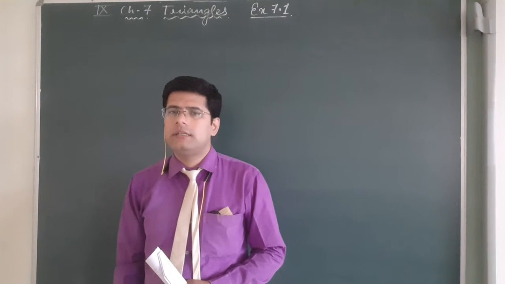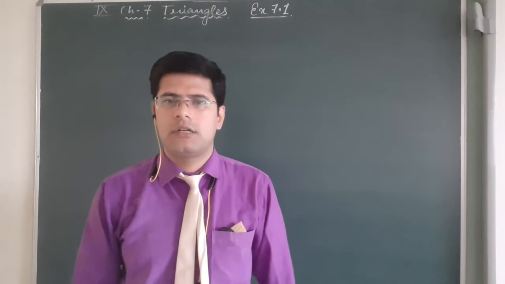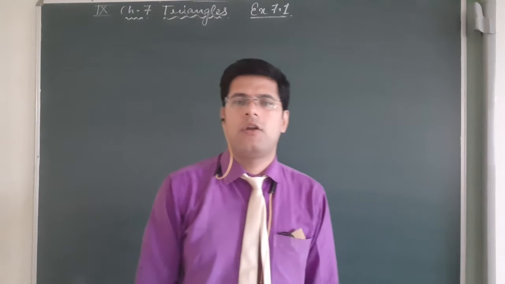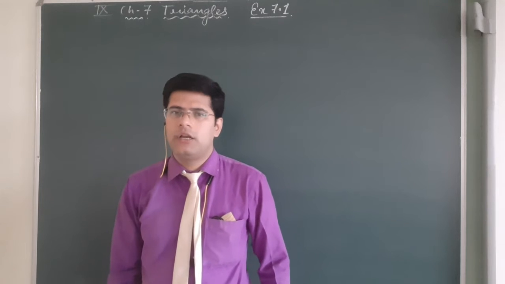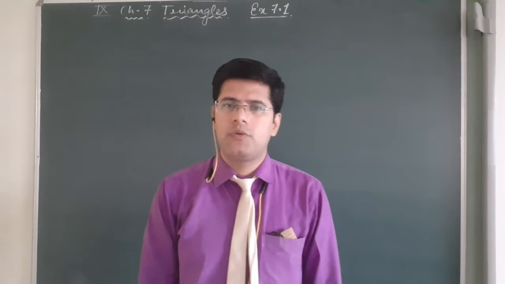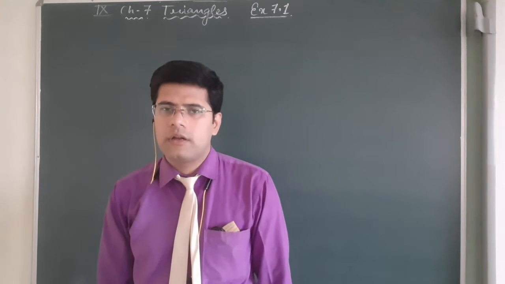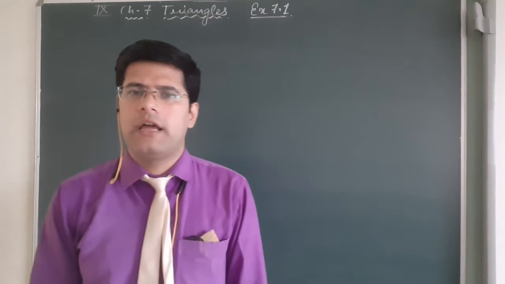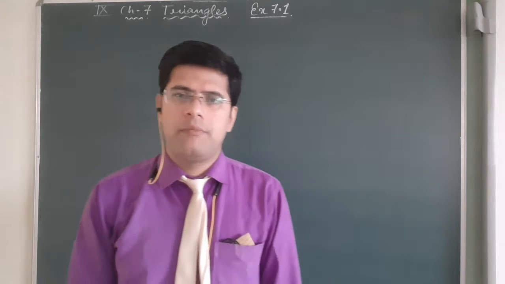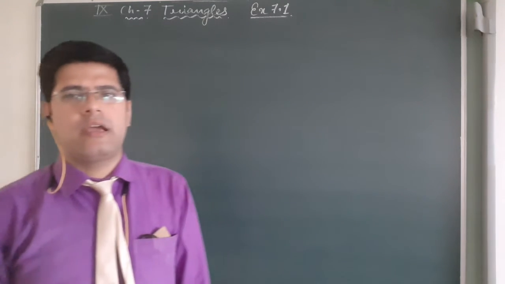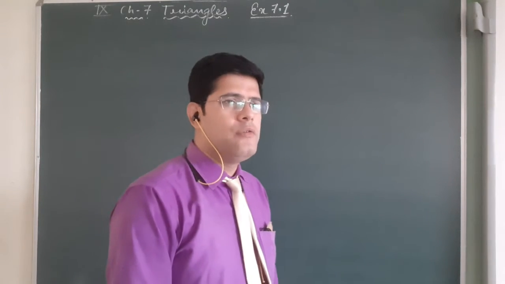Second, congruency exists in 2D figures only, not in 3D figures. You cannot compare a duster with a duster or a room with a room. They are not congruent. The congruency rule is used in 2D figures, and a special kind of 2D figure known as the triangle. So basically congruency is used only in triangles. How do we conclude that a triangle is congruent? That depends on 5 rules. How many rules? 5 rules.